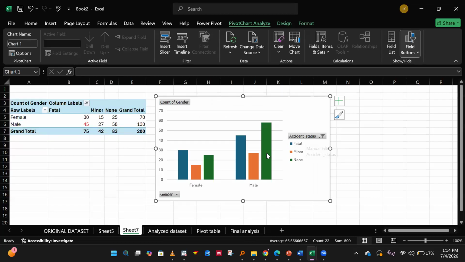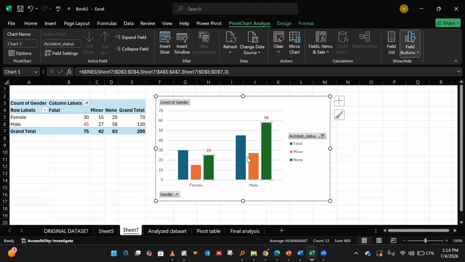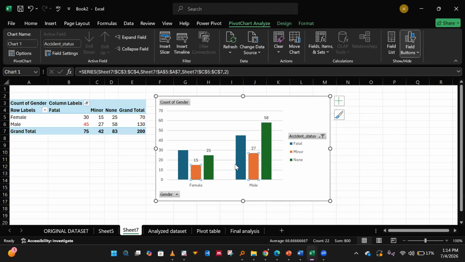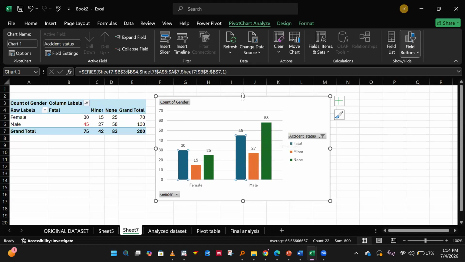I want to bring my numbers. Come to the green, right click on it, then add data labels. Come to this color, right click, add data labels. Come to the blue, any of those, right click, add data labels. It comes. But I can still beautify this more, colleagues, by going